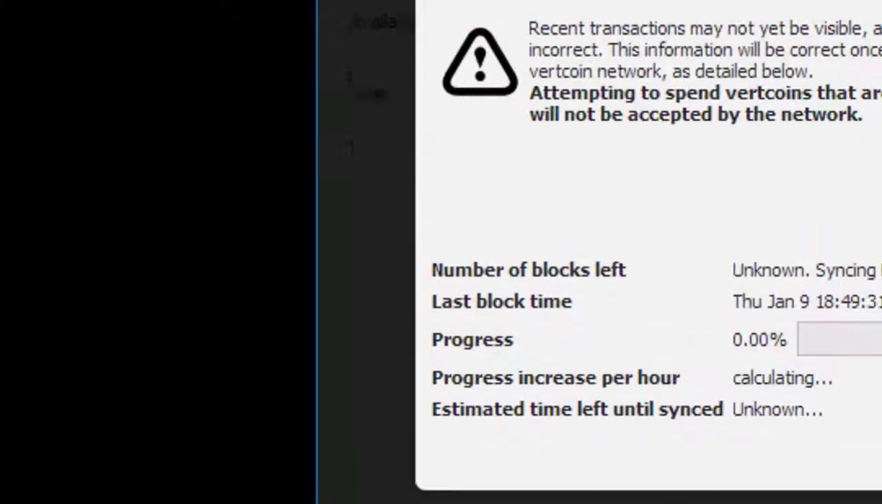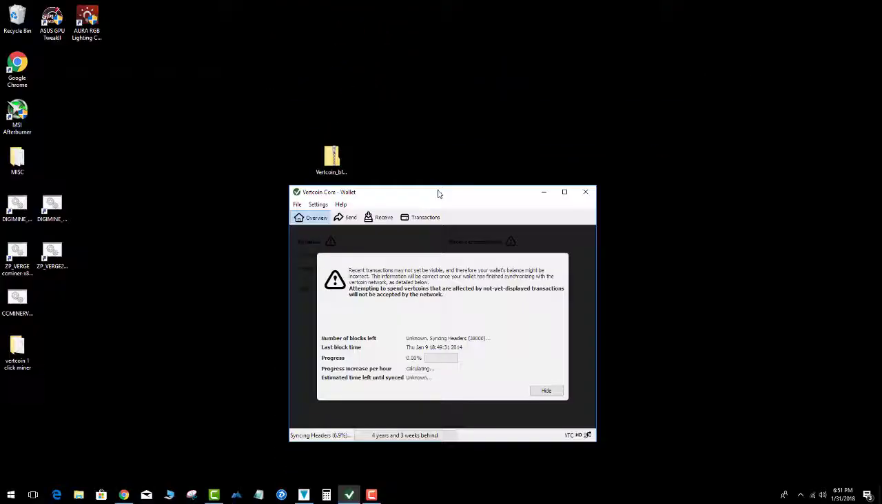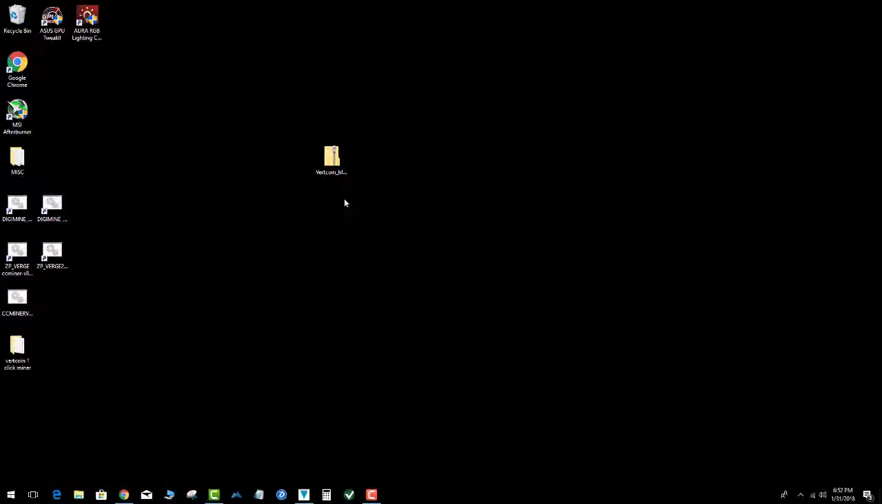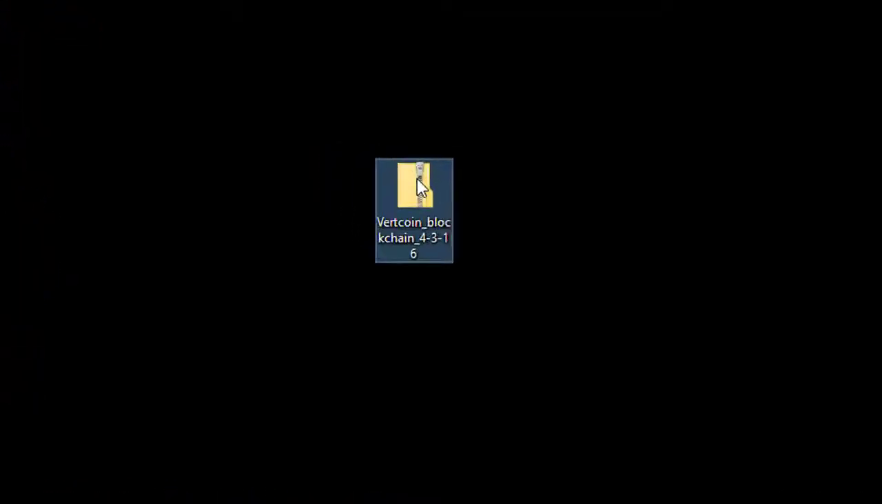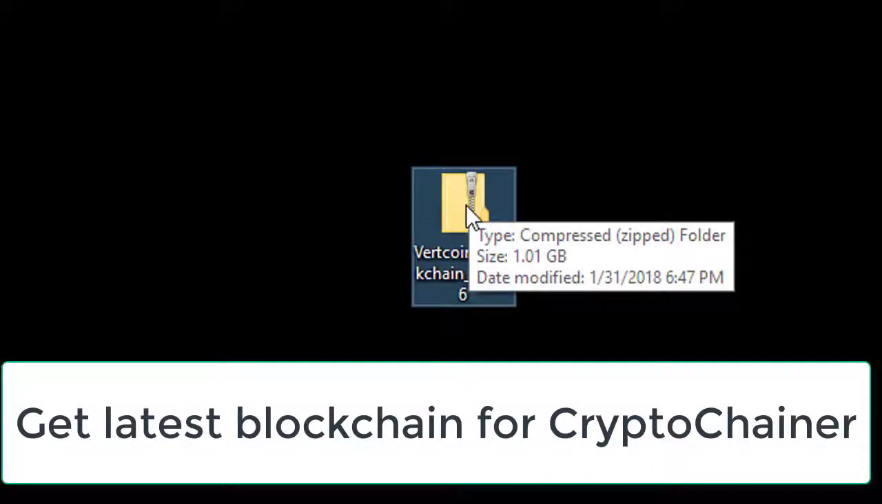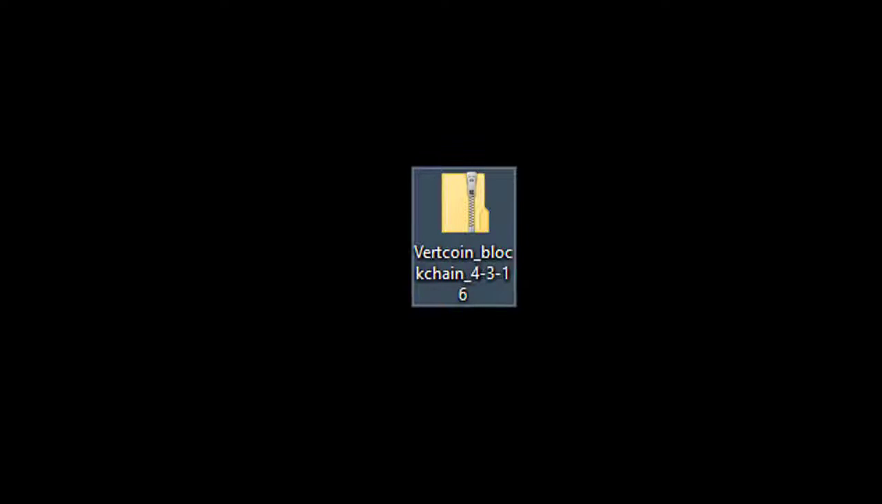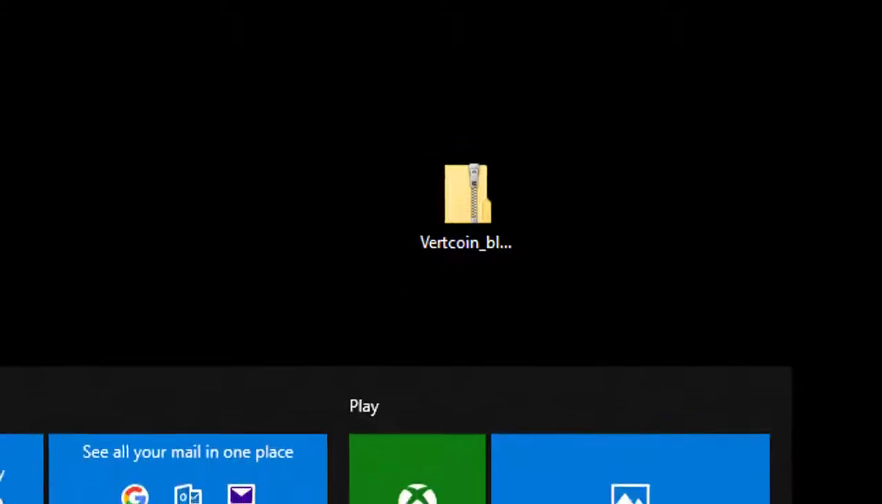So the second step after you've downloaded the wallet and fired it up is to close the wallet. Then use the crypto chainer and get the latest VertCoin blockchain. So I downloaded it and it's a zip file. Okay, so then we're going to go over, we're going to hit the Windows key, we're going to type